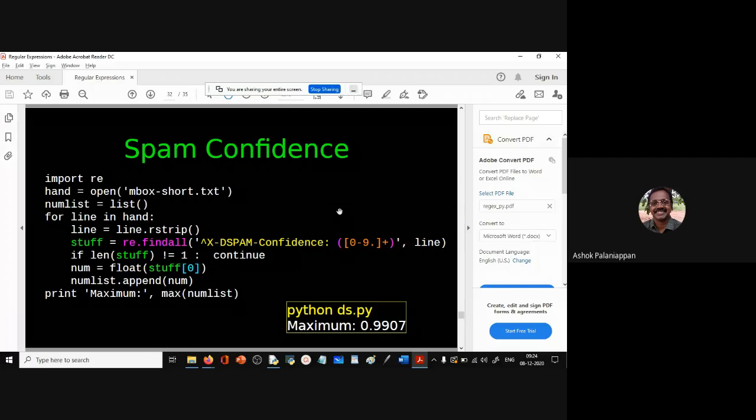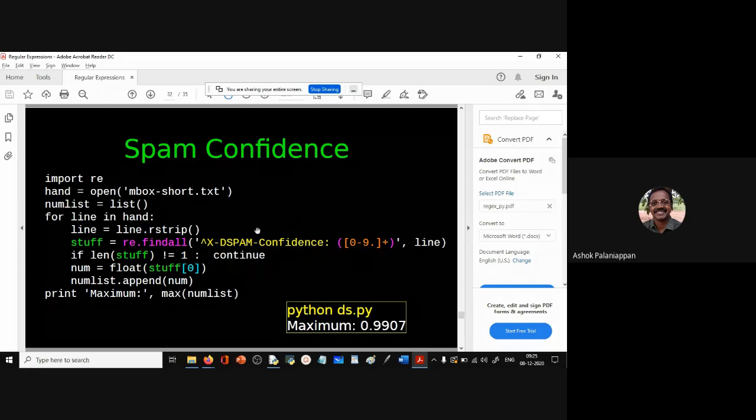Now we are close to the end of, at least, the theory slides. Here, this was the original problem we had. We were looking at the email header and we want to find the confidence of the spam level of this email header. All of our emails, whether you know it or not, are automatically scanned for whether it's a spam email or not. And sometimes if it's spam, it is taken to the junk folder. If you have ever looked in your junk, you'll find all the spam emails. How does it go to the junk? Because there is a spam filter and there is a spam score. Based on the confidence level, it is assigned to spam.